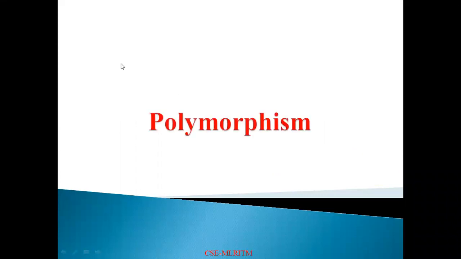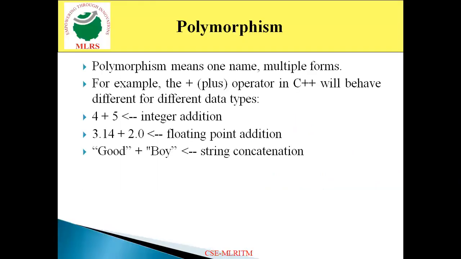In this session, we are going to discuss polymorphism. Polymorphism is one of the object-oriented programming concepts. Poly means many, morphism means actions. That indicates we are going to perform multiple actions by using a single name. Now, how we are going to perform multiple actions by means of a single name, we discuss here.